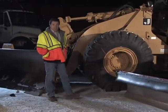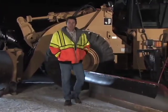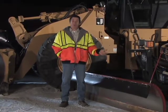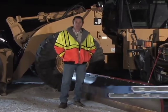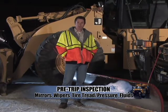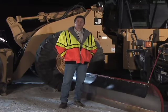Performing an inspection of the vehicle and plow is the first step to a safe and productive run. And remember this, if you take the time to find the problems before you start your route, you're less likely to end up stranded while on the route. So, in addition to a normal pre-trip inspection, which should automatically include mirrors, wiper blades, tire tread and pressure, brakes and fluid levels, there are some other items that should be looked after to ensure that the vehicle can withstand